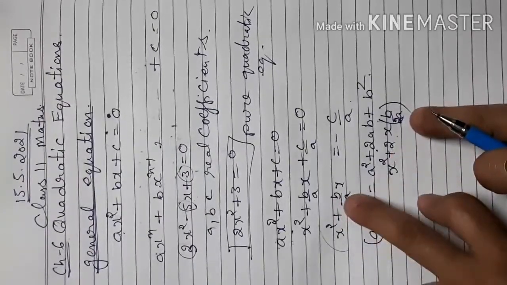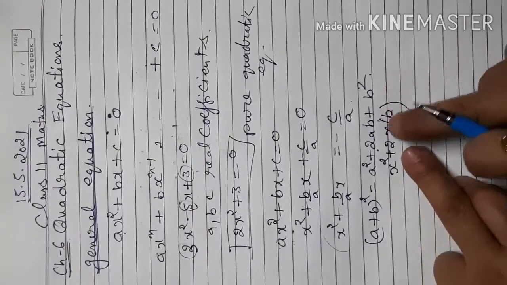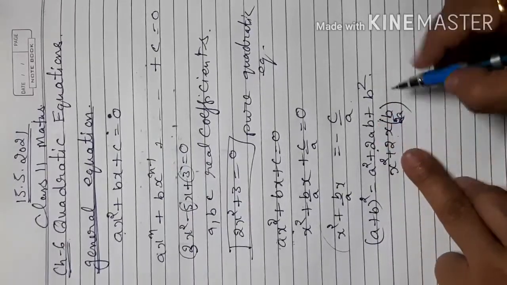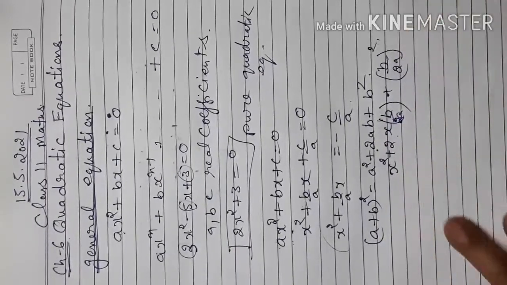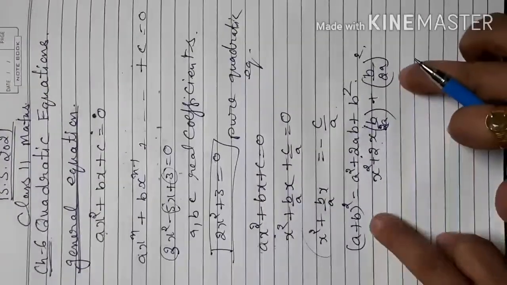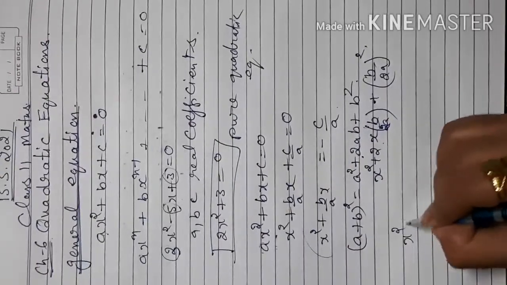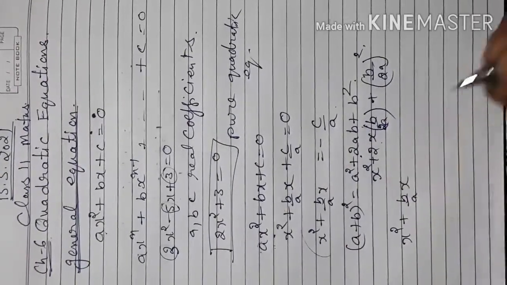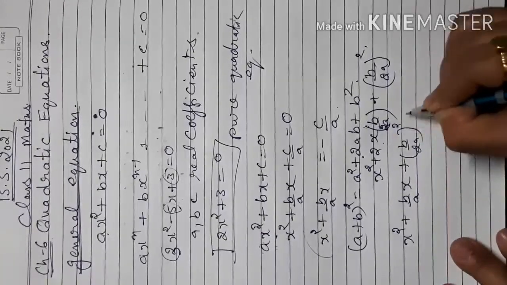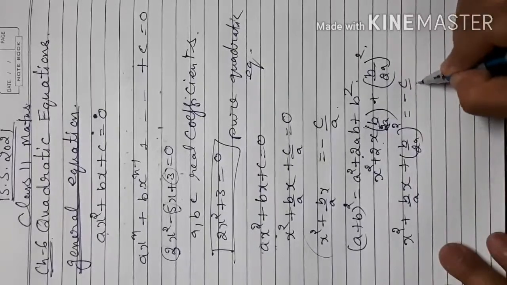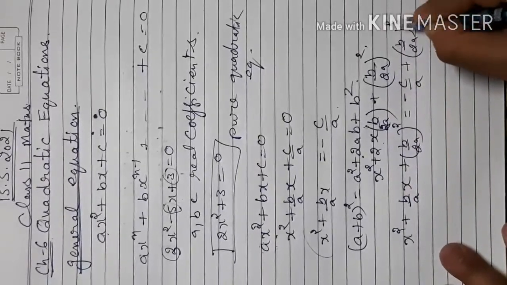So instead of this I can convert this into this form. Now what is the missing value here? Whatever value I place here for b, that will be placed here as b by 2a whole square. That means my missing value here will be b by 2a whole square. So when I replace my missing value on the left side of b by ax to make it a perfect square, that is b by 2a whole square. To balance this equation, I also add this on the right side also, b by 2a whole square.